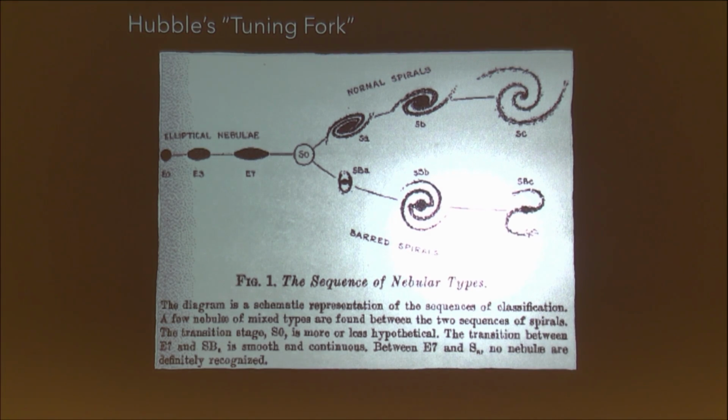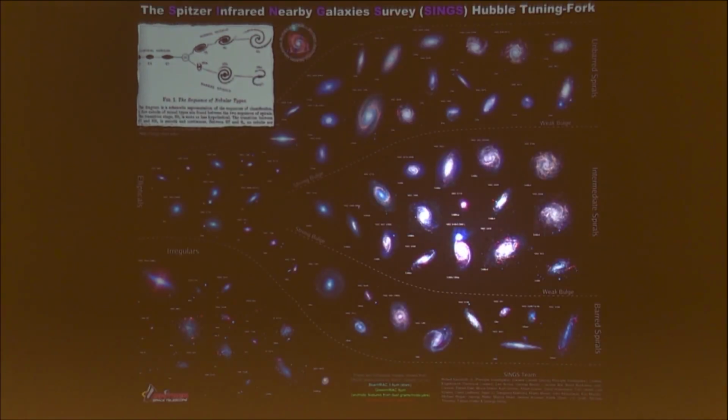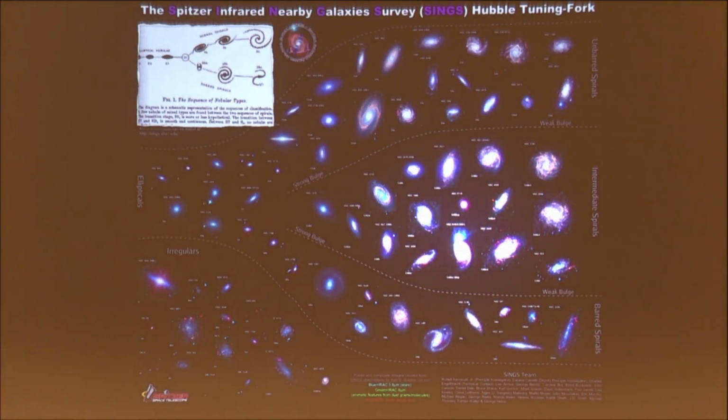Okay, so you're probably familiar with this diagram, which is just Hubble's arrangement of galaxies into types, into this famous tuning fork. And now, if you look at something like a giant survey of many galaxies from, say, Spectra, you can see tons and tons of examples of all different kinds of galaxies. And the issue is that we have great views of the structure of galaxies that are not our own. But of course, we all know that we are embedded in the disk of our galaxy, and so we have nothing like a real view of our galaxy that looks like this.